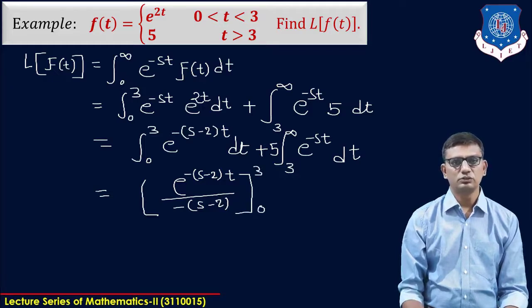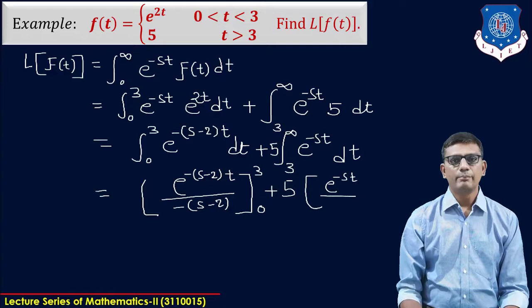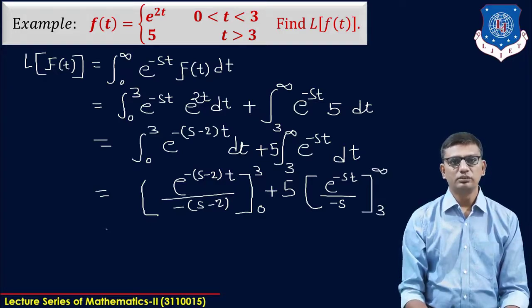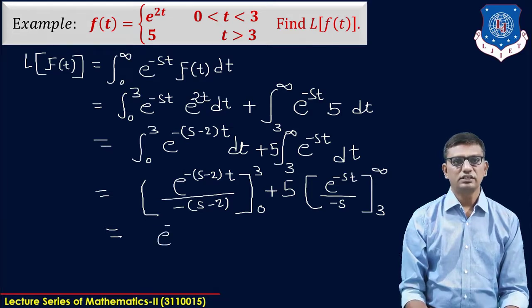Our limit is 0 to 3, plus 5 times the integration e raised to minus st upon minus s, and the limit is 3 to infinity. Now we put the limits in this integration, then we get e raised to minus 3(s minus 2) upon minus (s minus 2),